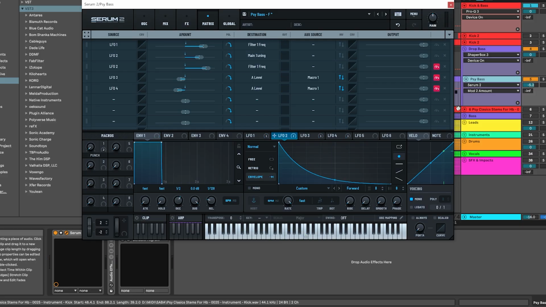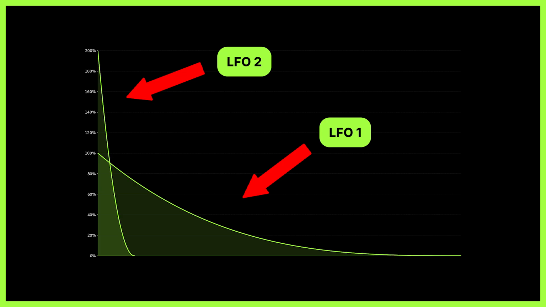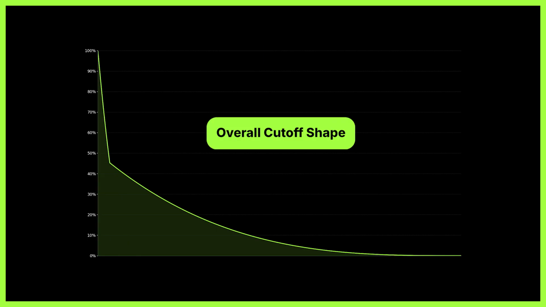You see how we added a little bit more click to the sound? And now in order to give it a little bit more definition, what we're going to do is apply the same LFO into the cutoff over here, and I have it set to 70%. So basically what it does, it is creating this shape on top of the shape that we already created with LFO1, sustaining the cutoff a little bit longer at the high frequencies. So it delays the filtration by a little bit, which allows the higher frequencies to be heard a little bit